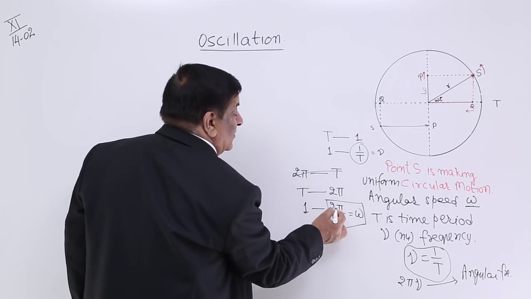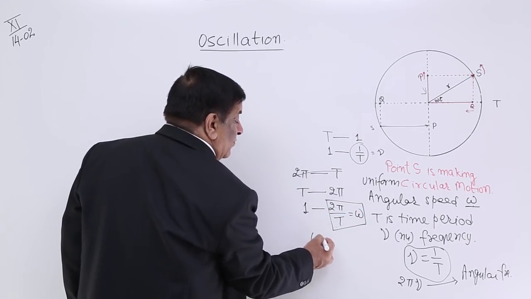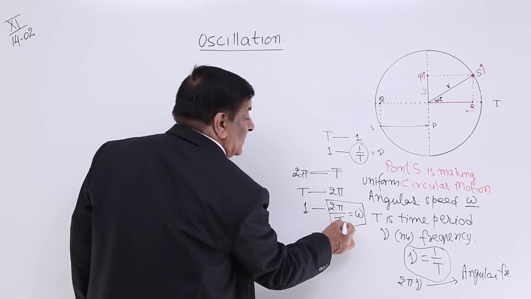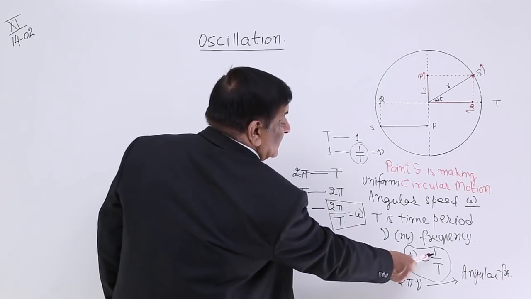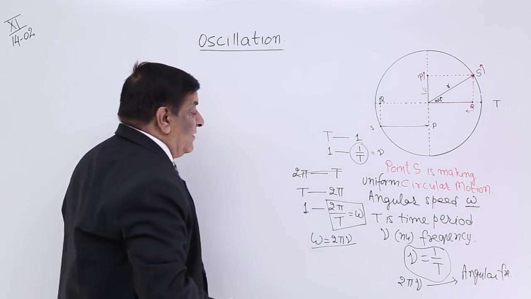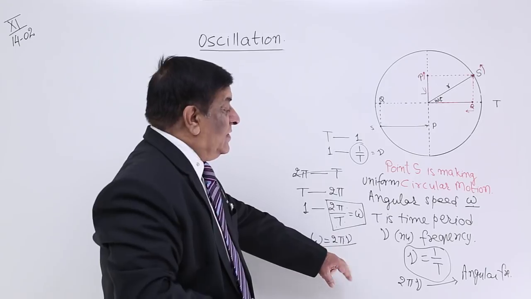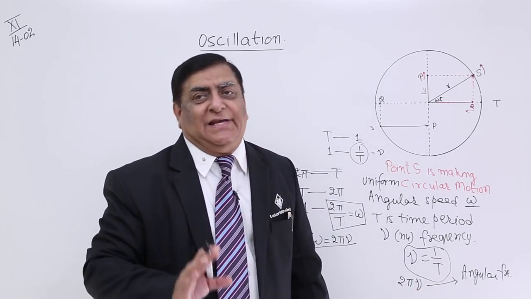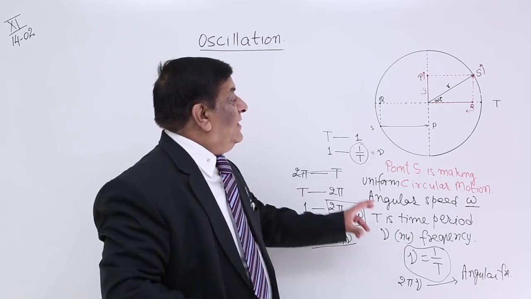So omega is 2 pi upon T, and omega is again equal to 2 pi into 1 upon T, but 1 upon T is equal to nu. So angular speed is 2 pi nu, angular frequency is also 2 pi nu, both are one and the same thing. Okay, then